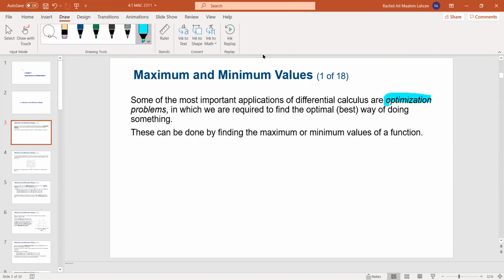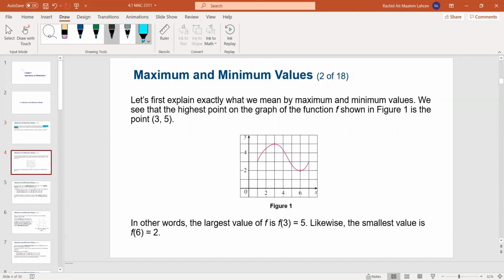Just like we saw in chapter 3, we got to related rates. In this chapter 4, we'll get to optimization problems, in which we are required to find the optimal way of doing something. All right. So if we look at, for example, this graph, and let's say it stops here and there,